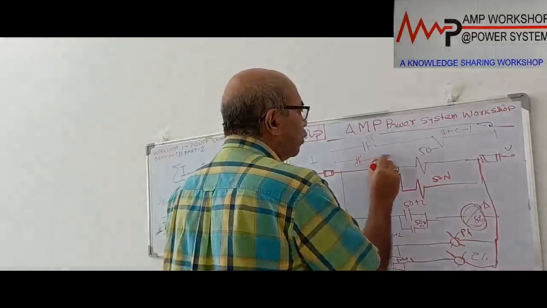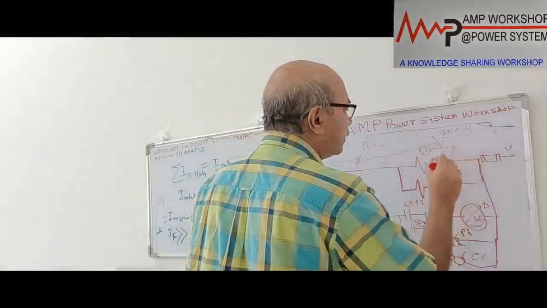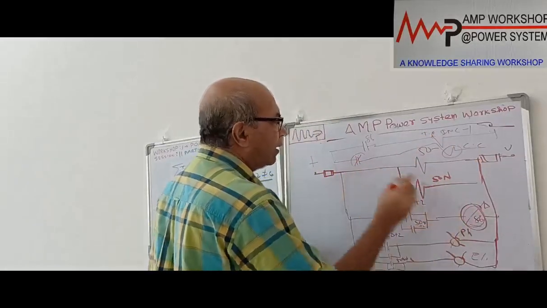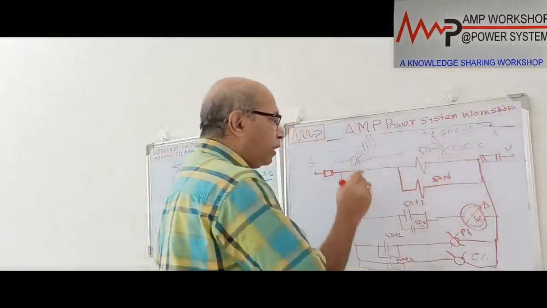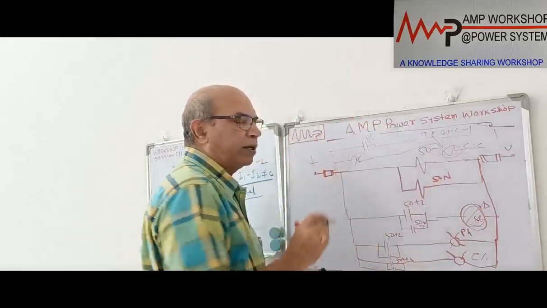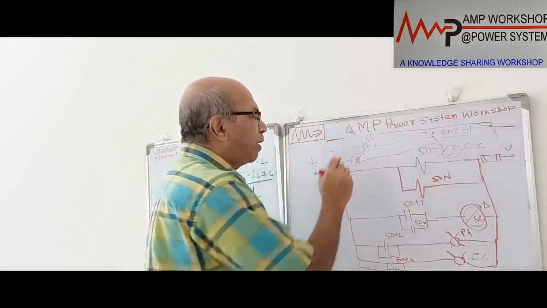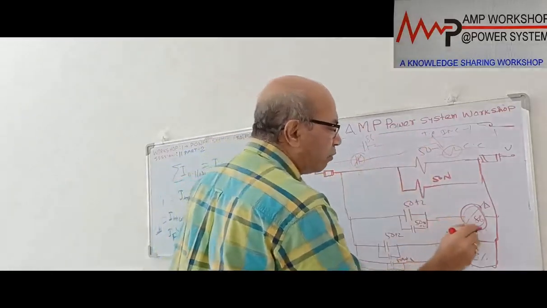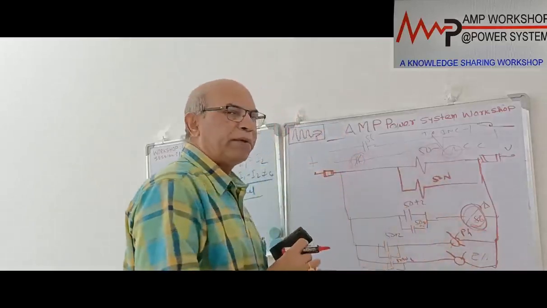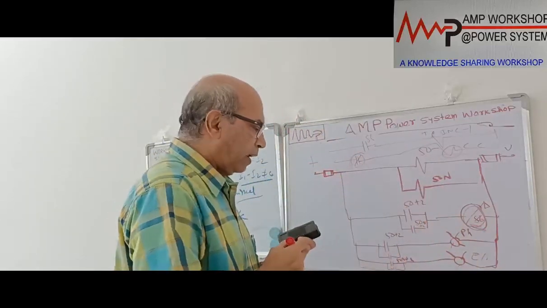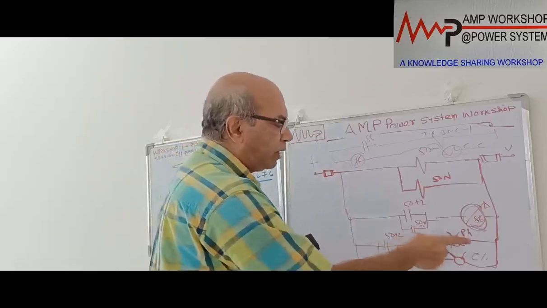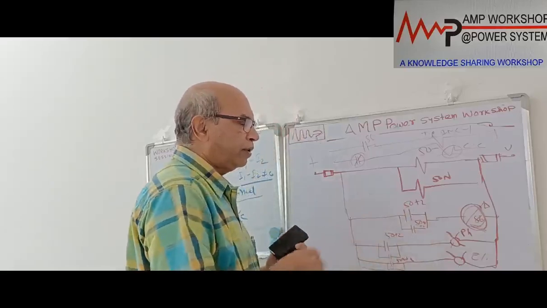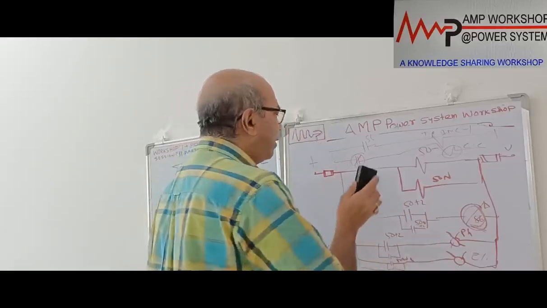So all the feeders will be tripped. The NC contact of 86 will be in the incomer closing coil. This is the CC closing coil, and this is the trip coil. When this 86 operates, the closing coil circuit opens, so until it is reset you cannot close the circuit breaker. That interlock is also provided. The NO contact is connected to the trip coil, and the NC contact of the 86 lockout relay is connected to the breaker closing coil. In addition, we monitor the bus wire, and we can also monitor that the lockout relay operated for a phase fault or arc fault. So this is the DC scheme for the partial differential protection.